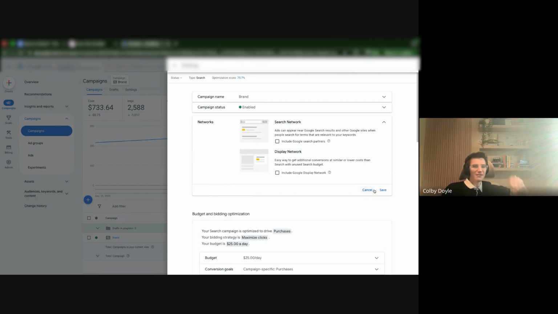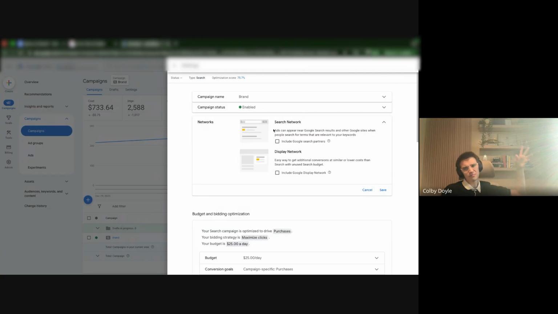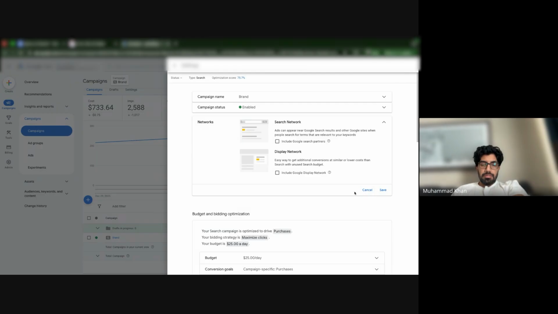I've never seen a positive case where this is done well. Funny enough, though, on Bing, I have seen a positive case, but for some reason it turns on. But yeah, don't mess with this. There's no good reason. While you have that open, show them the location settings.